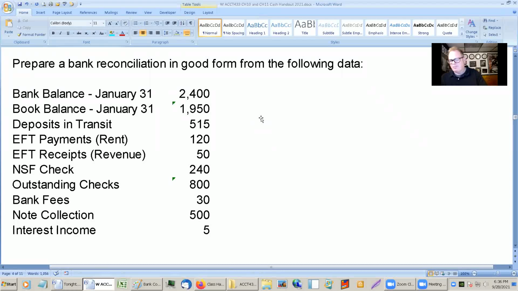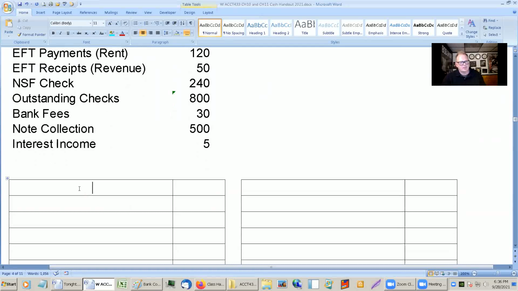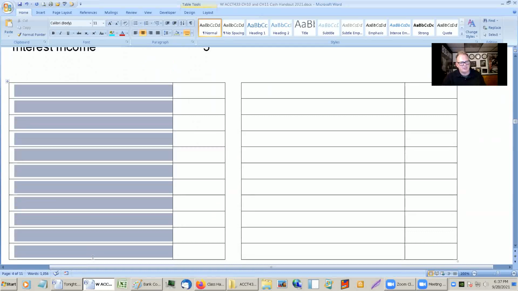In the CPA exam, there are two different parts that you might end up with a bank reconciliation. They may have it in auditing. They may have it in the regular financial reporting section, the FAR section. So the auditing section and the FAR section, financial accounting and reporting section. So it's a very big thing. Cash is very important, and this is kind of how they verify the cash, a big part of it anyways. Okay. So generally what we do is start out with